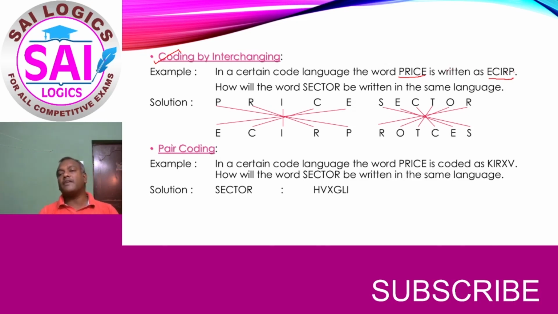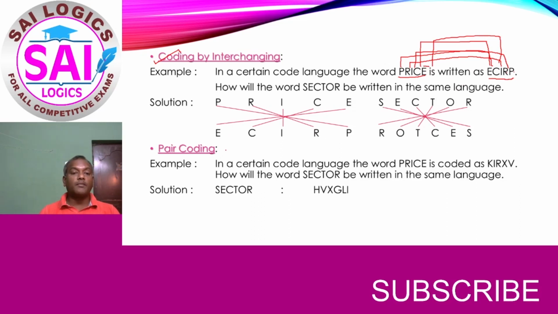So when the same alphabets are given in the question, we need to understand that no increment or decrement in the alphabet is allowed. Here the same alphabets have been coded by interchanging their places. If you see this, the P has gone to the last place and R has gone to second last, I has become third last, and this one is fourth last, and E has become first. So like this, the total alphabets have been interchanged. So this is the third part of coding.